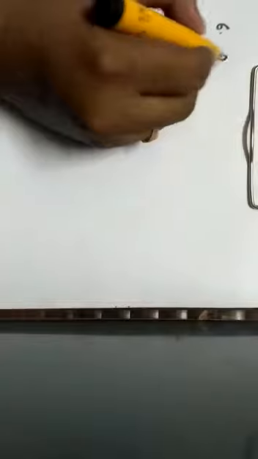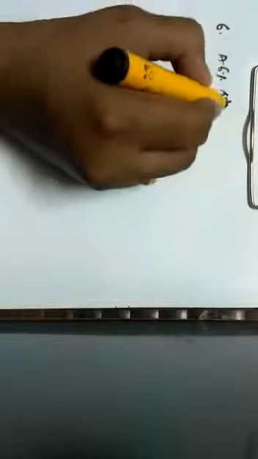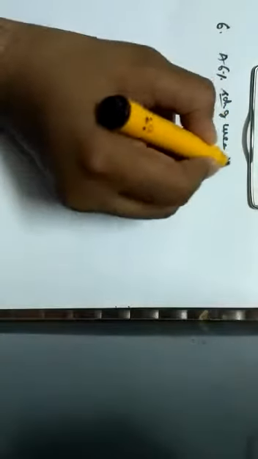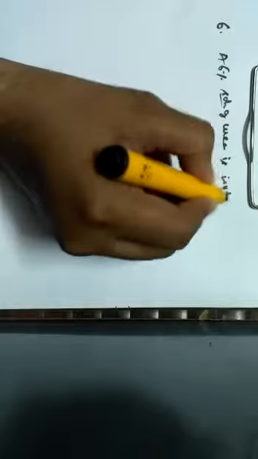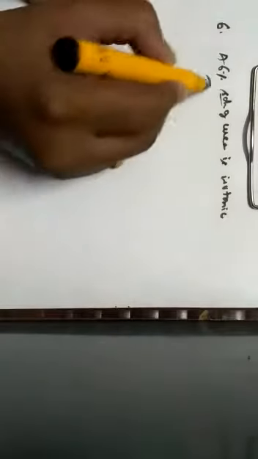Let us start with the next one. That is question number 6. A 6% solution of urea. It has been given that a 6% solution of urea is isotonic with. Since they are referring to a 6% solution of urea being isotonic, when it comes to isotonic solutions, here we consider what?